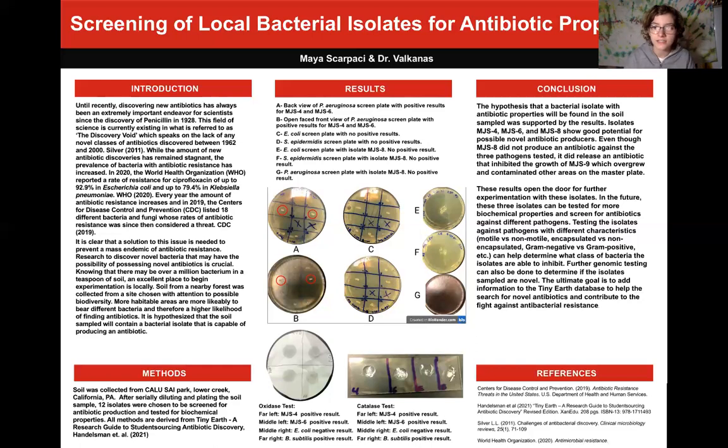The nutrient gelatin test, no pictures available due to a technical issue, but all for MGS4, MGS6, and E. coli and B. subtilis were used as controls. All 4 results were negative. It was indicated by solid gelatin after 1 week. That tells us that my isolates are not capable of producing, or did not at that moment have, the enzyme